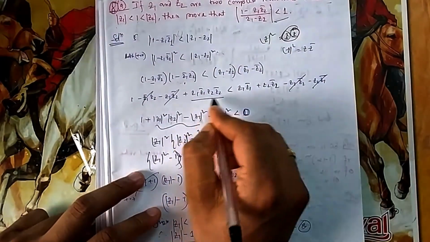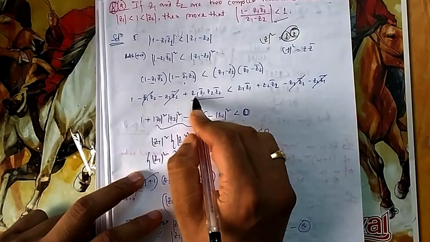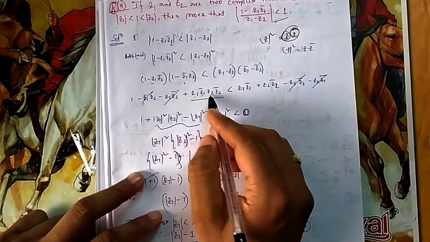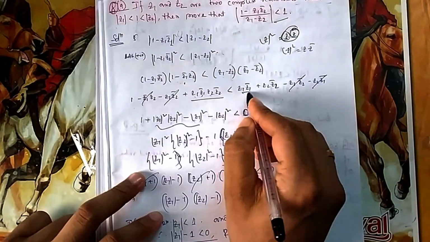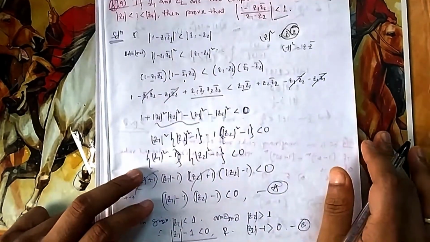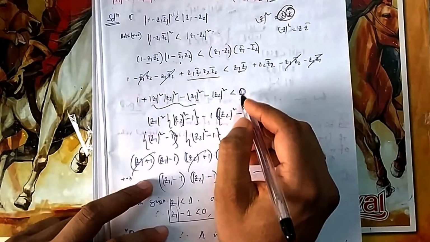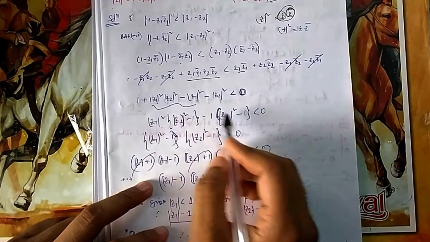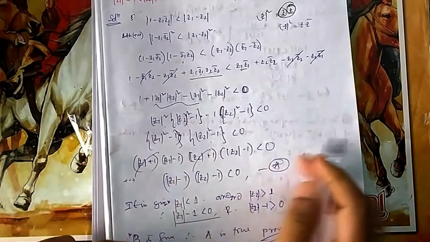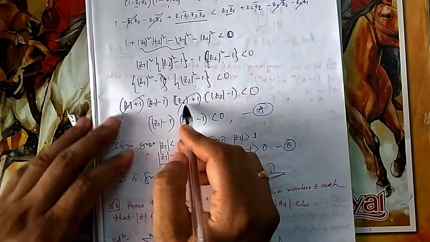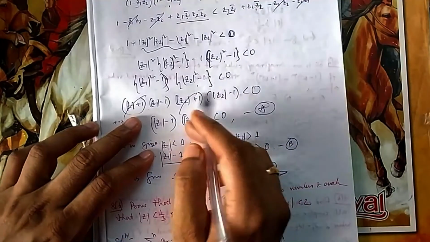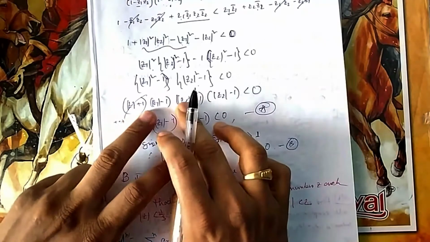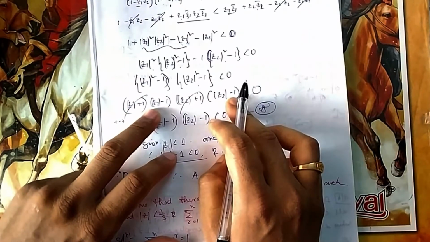Now what is left here? You can see z1 bar. So that's what we are looking at. You can write it as mod z1 square, z2 bar mod z2 square, again mod z1 square mod z2 square. If you bring all this together so that it is less than 0, then you can take common between this and this and this together. So you can take common these two. Ultimately you will get this plus minus this. You can divide because these are positive values. Inequalities we can divide by positive numbers, no issue. So you are left with these two.